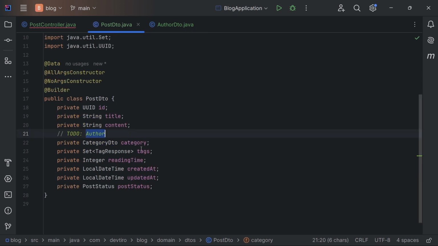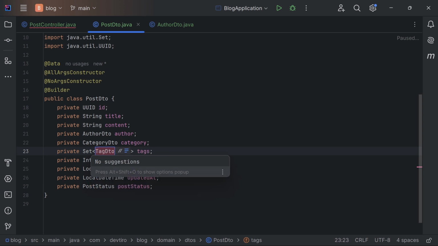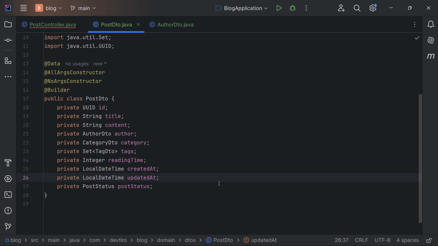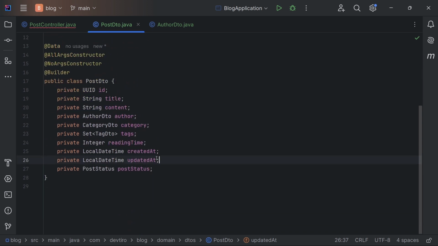So back to PostDTO, we can now specify a private AuthorDTO, which we will call author. However, looking at this, the only thing that seems to be inconsistent in naming is this TagResponse name. So I'm going to rename this, and we'll call that one TagDTO. Select all, and then we'll go OK. And in that way, we have a representation of our post now, a DTO that we can use in our presentation layer. So if we go back to PostController,